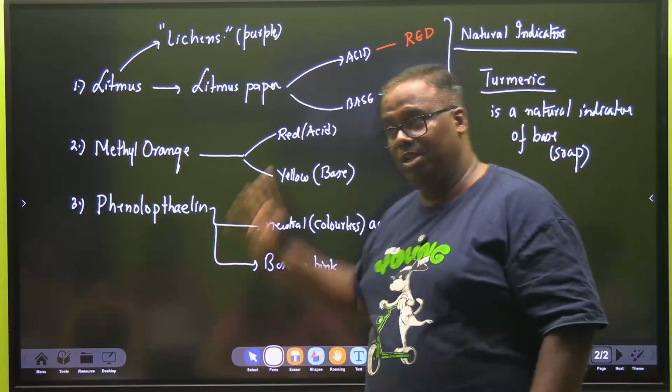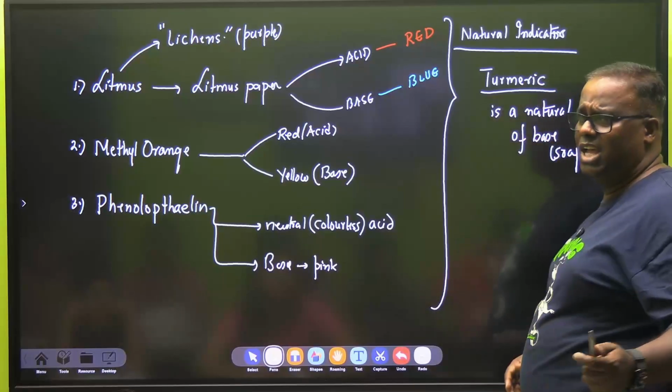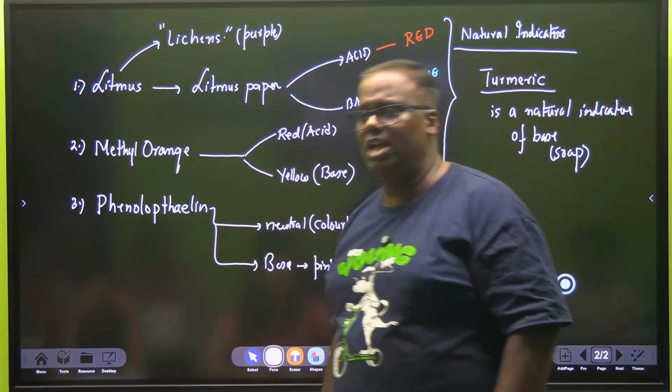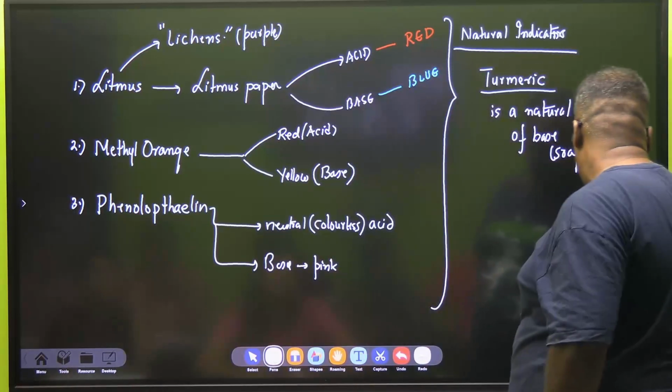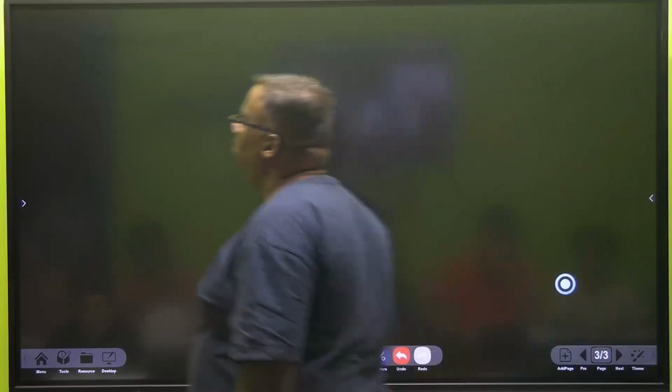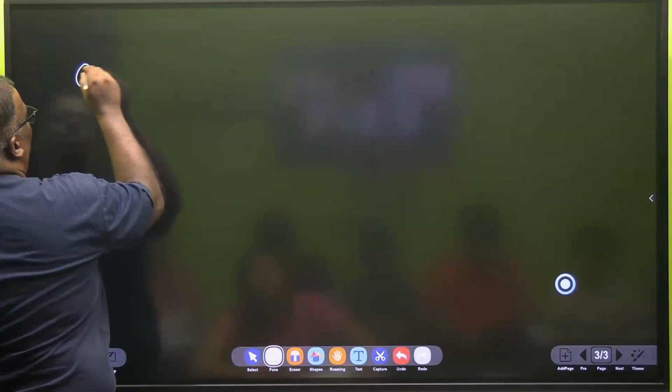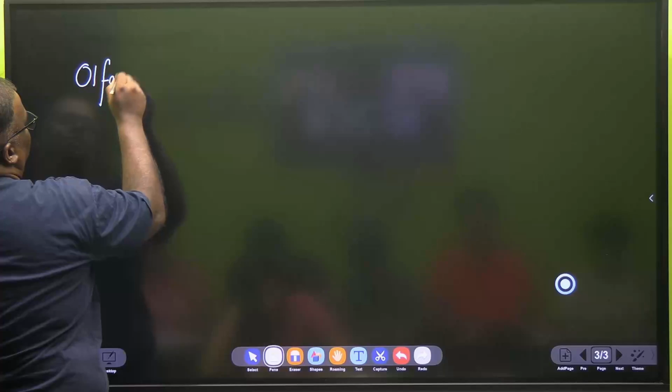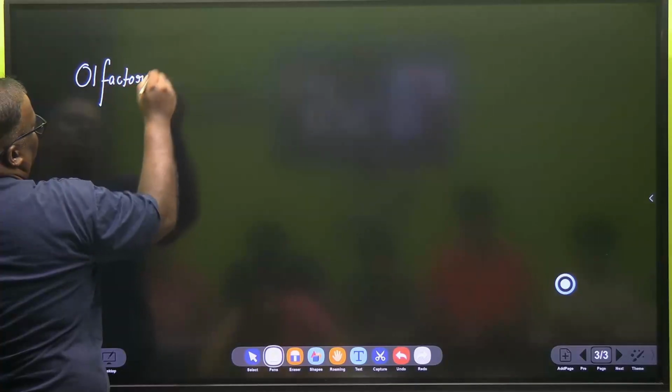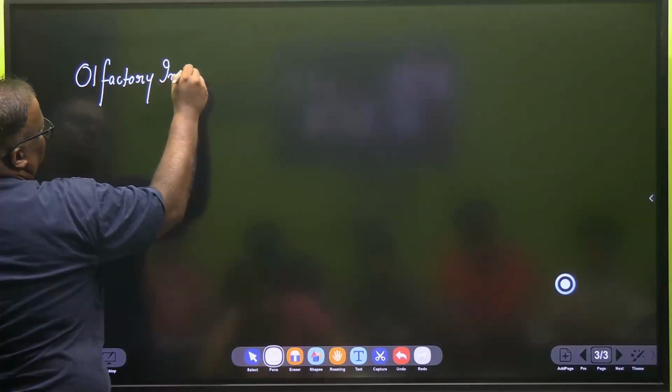Okay? Turmeric, red cabbage, litmus, these are all called natural indicators. Another class of indicators that we use are called olfactory indicators. Olfactory, lovely little word. Olfactory indicators. Now,